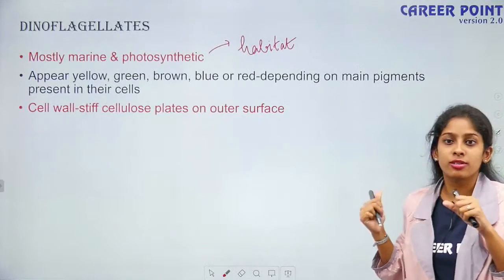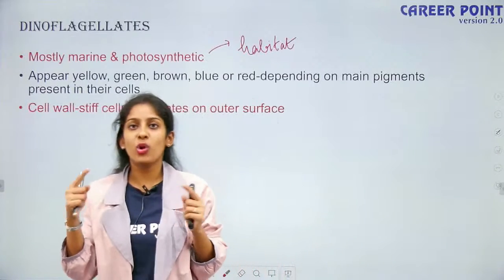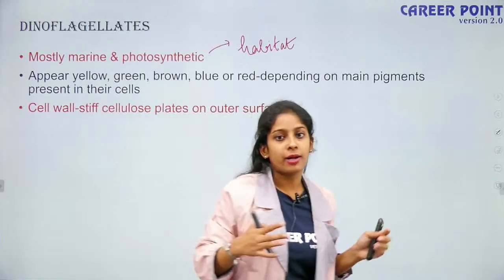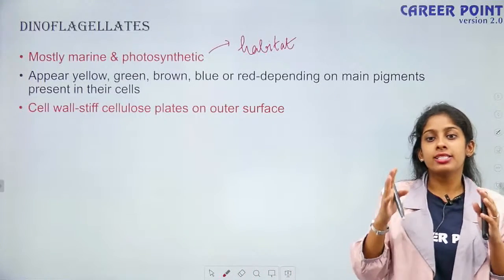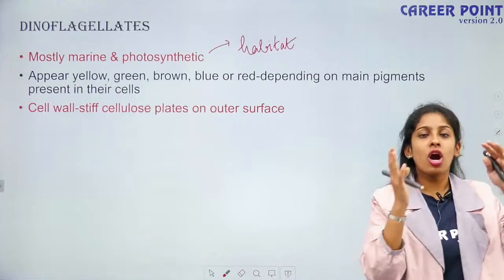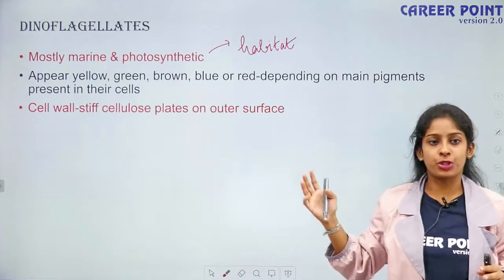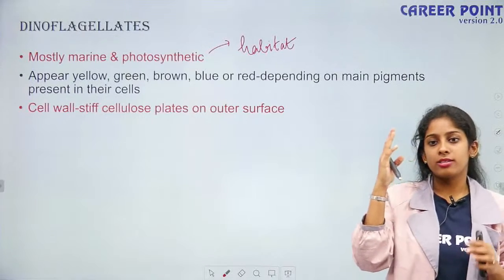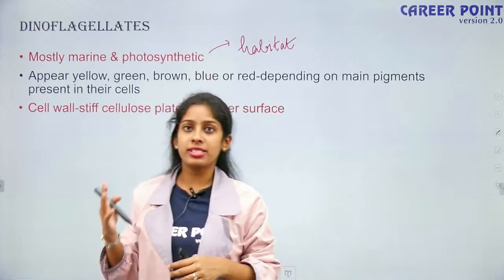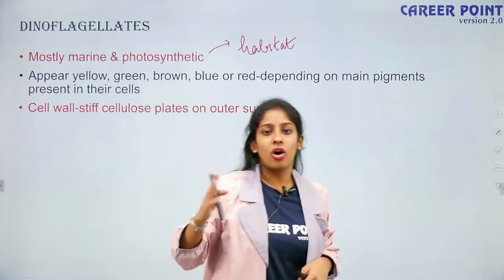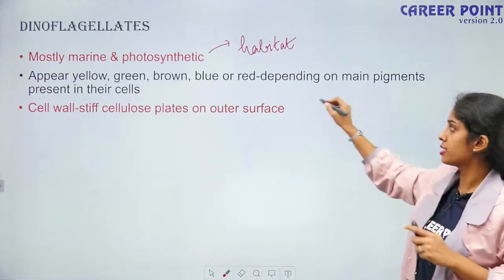Why I am focusing on the cell wall is because in each of the members the cell wall varies. When you talk about euglena, the cell wall is very flexible and it does not have any stiff material. Instead it is made of a protein. So you should know how to correlate and study. Again, you will have questions like this in match. For example, the organism which has a cell wall made of silica, or the one which is embedded with silica, you should know it is diatoms or desmids, right? So that's why this point is pretty important.